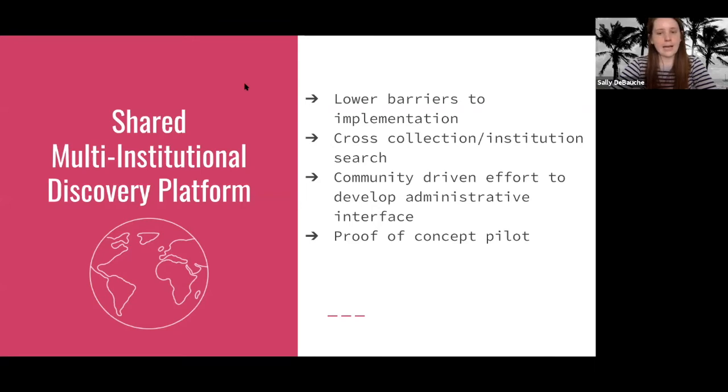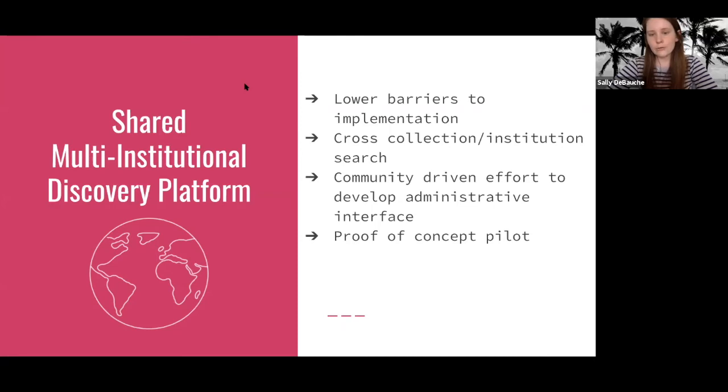Since we see this as a very community-focused project, we absolutely believe that the development of this interface needs to be a community-driven effort, and ultimately would be administered by the community and supported by the community as well. So we plan to reach out to our users over this year to get their thoughts on what their requirements might be for this type of site, and to try to build that consortium.